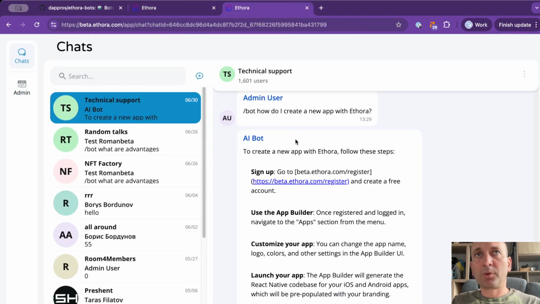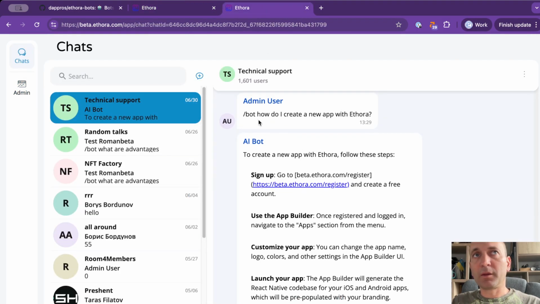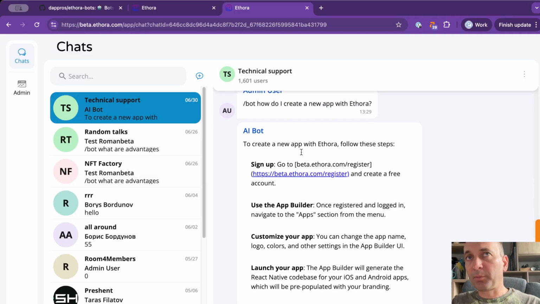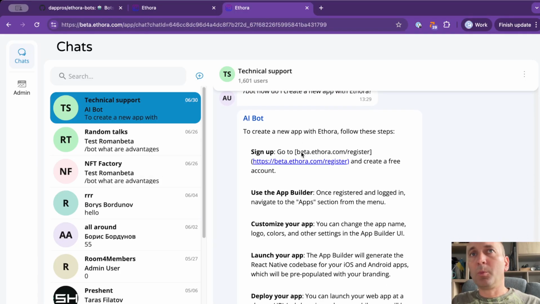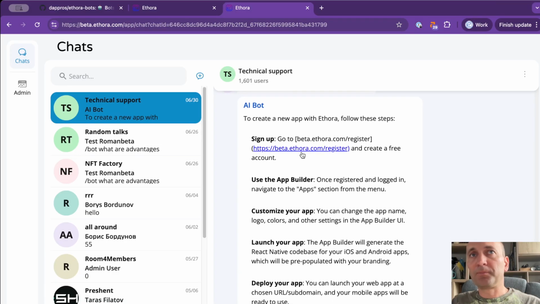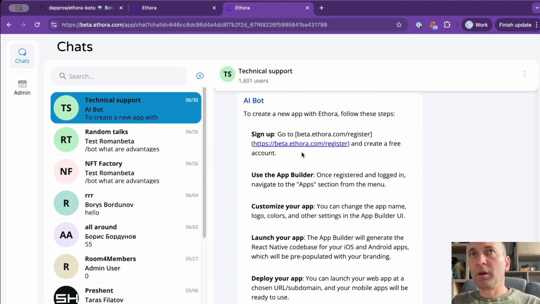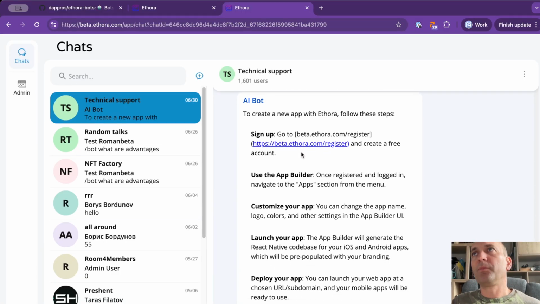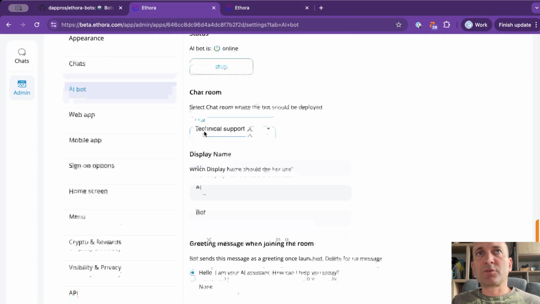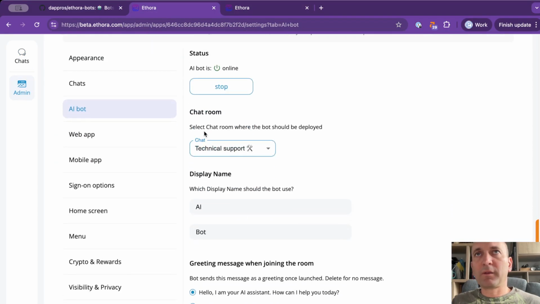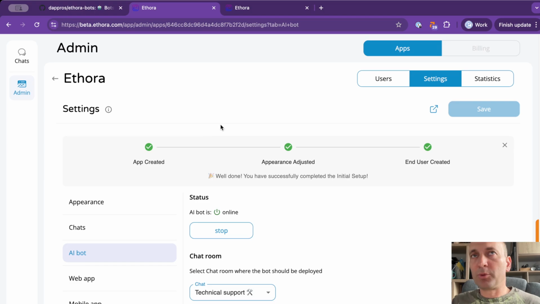And this is how it works. So when the user asks a certain question, the bot will respond with specific information based on the context that you provided, which is really helpful. So to summarize, why this is important and why this is a big deal